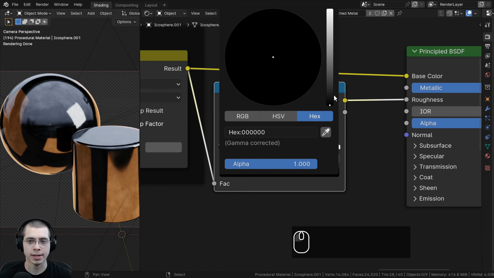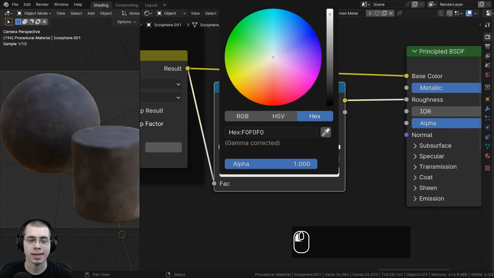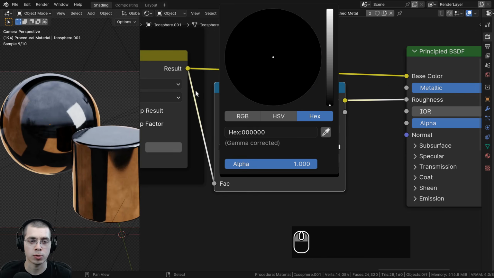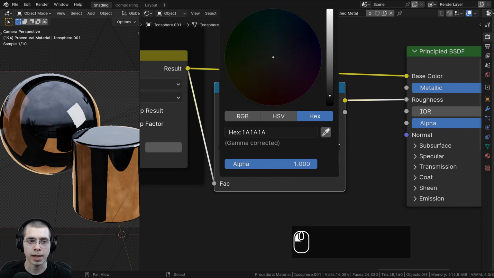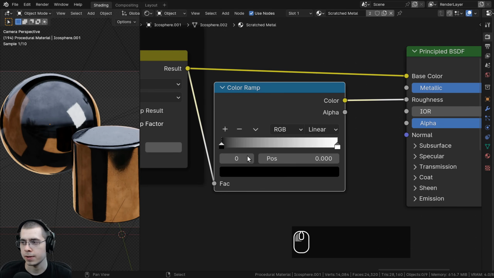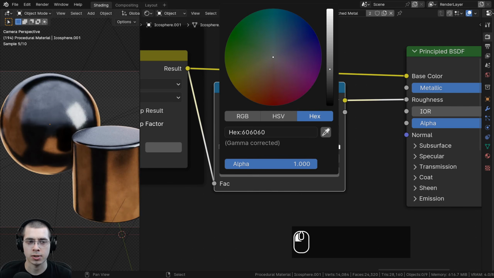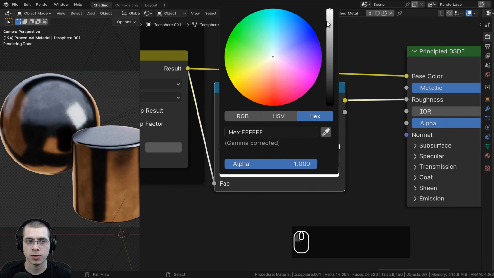So let's click on the black tab, and if we make the black colors lighter, so if more of the color is light, it's going to be more rough. However, if it is more black, it's going to be more shiny. So here in this black color, let's just make this kind of like a darker gray, and then this one here, let's turn this down a bit so everything is a bit more shiny,